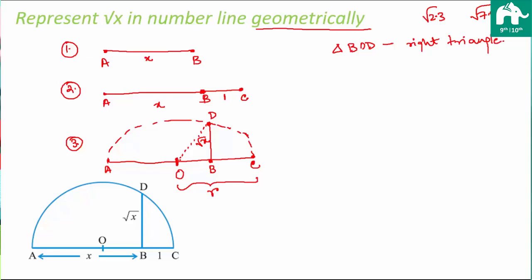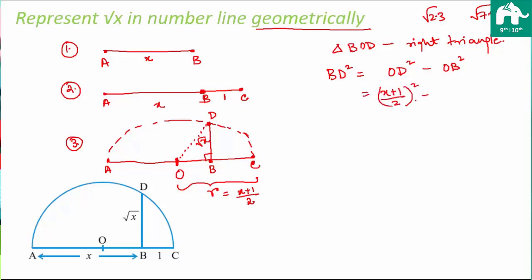Therefore, if we apply the Pythagoras theorem to this triangle, we can say that BD square is equal to OD square minus OB square. And what is OD? OD is nothing but the radius of this semicircle. What is the value of this radius? We know that this entire thing is x and this is 1, so this entire length is x plus 1, and half of it would be x plus 1 by 2. So the radius is equal to x plus 1 by 2. So OD will be equal to x plus 1 by 2 whole square